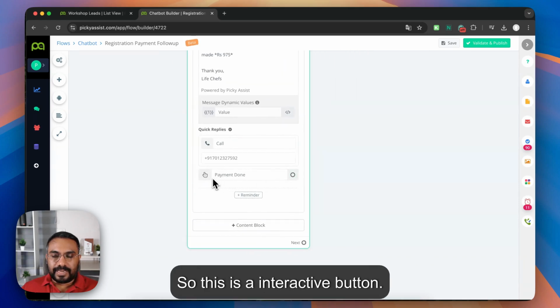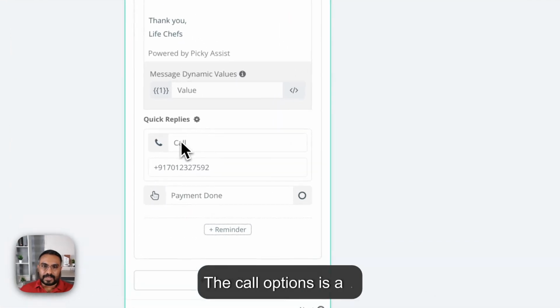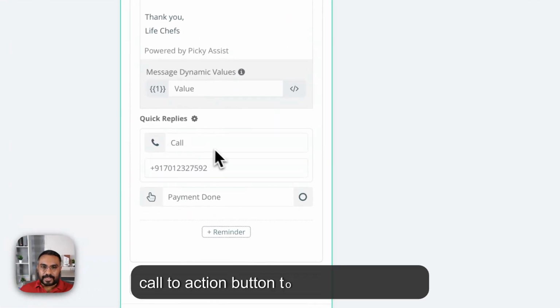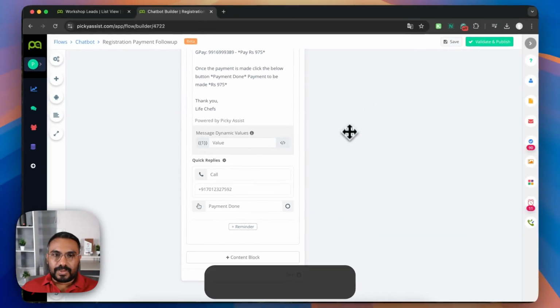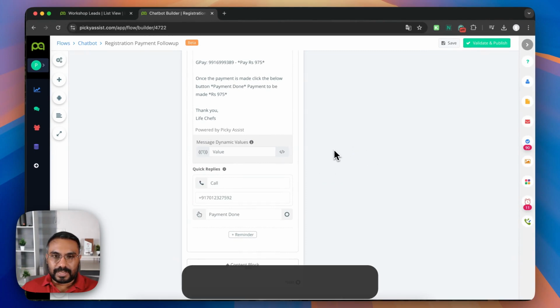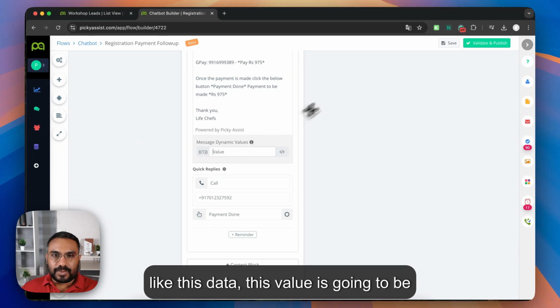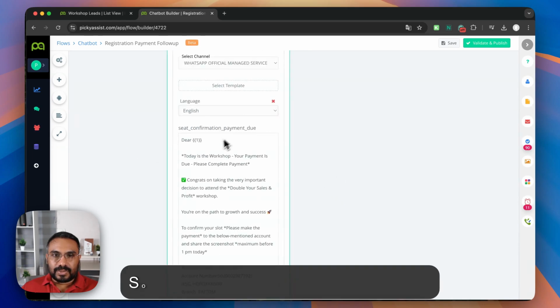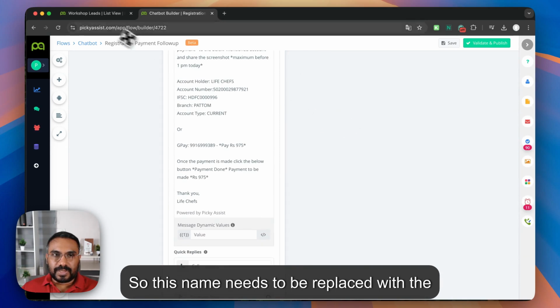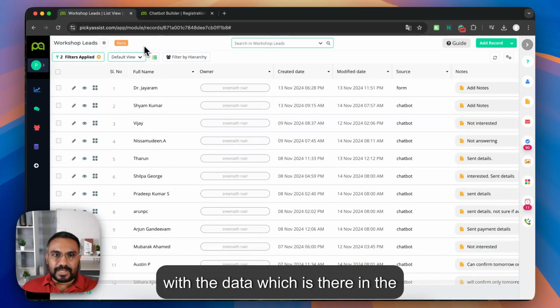This is the interactive button. The call option is a call to action button to make the call, and this payment done is an interactive button. So here we need to set a couple of pieces of information. This value is going to be the name here, right? So this name needs to be replaced with the data which is there in the workshop module,